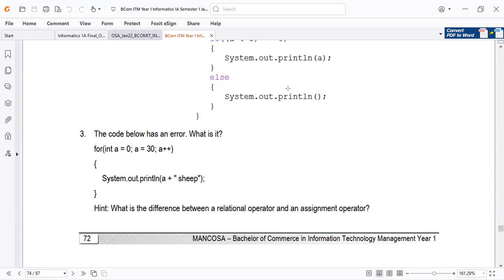Just a quick one before we move on to our next topic for today. I want to hear from you guys. When are you going to write your exams?